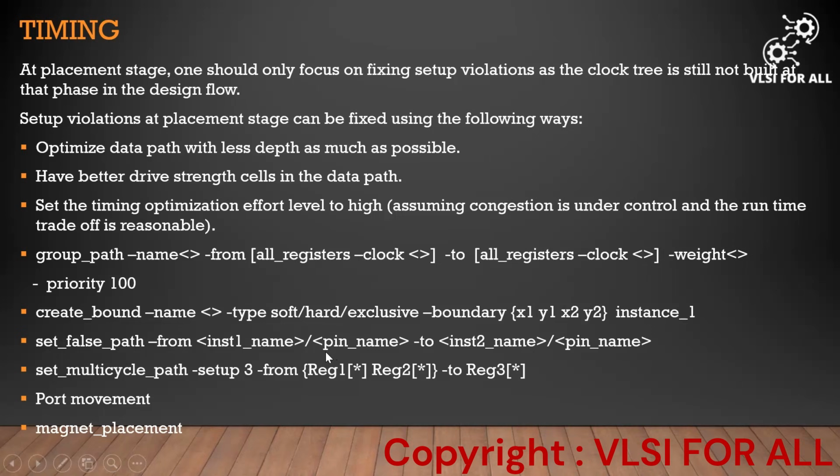If there are still more timing issues in the design, there is one more technique to reduce the timing, which is magnet placement. In magnet placement, we tell the tool that some objects are fixed, let's say some macros are the fixed objects. Then the standard cell logic that communicates with those macro cells will be arranged properly according to that communication between the macro and standard cells. For that we'll get better timing. That is one of the techniques to better the timing. So these are all the techniques to better the timing in the placement stage.